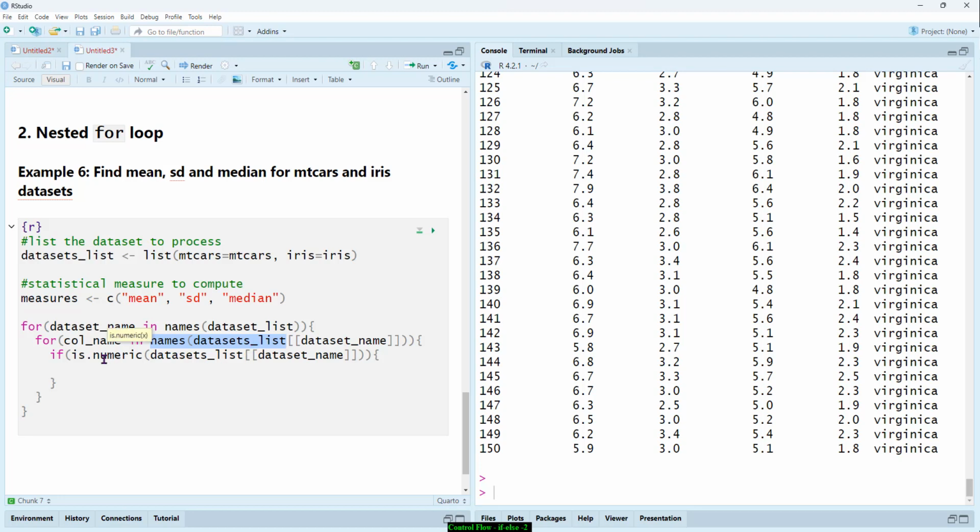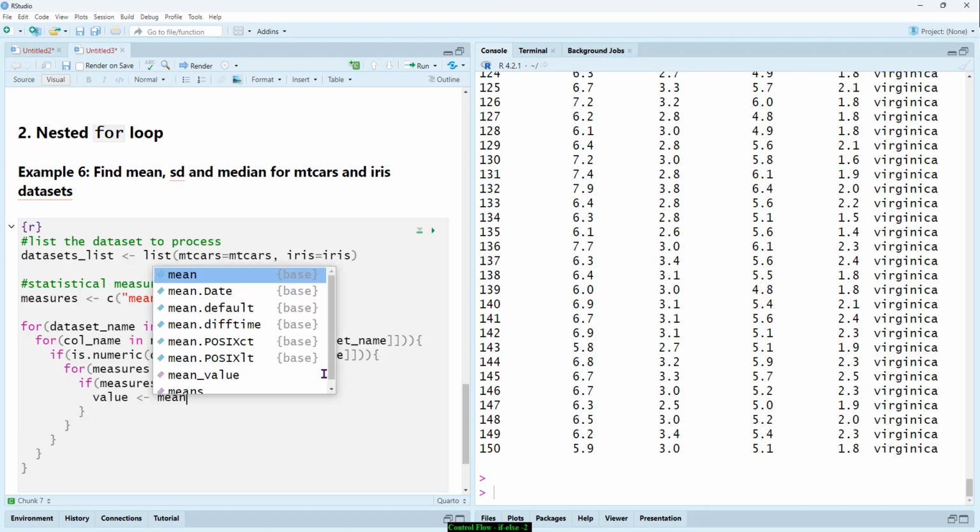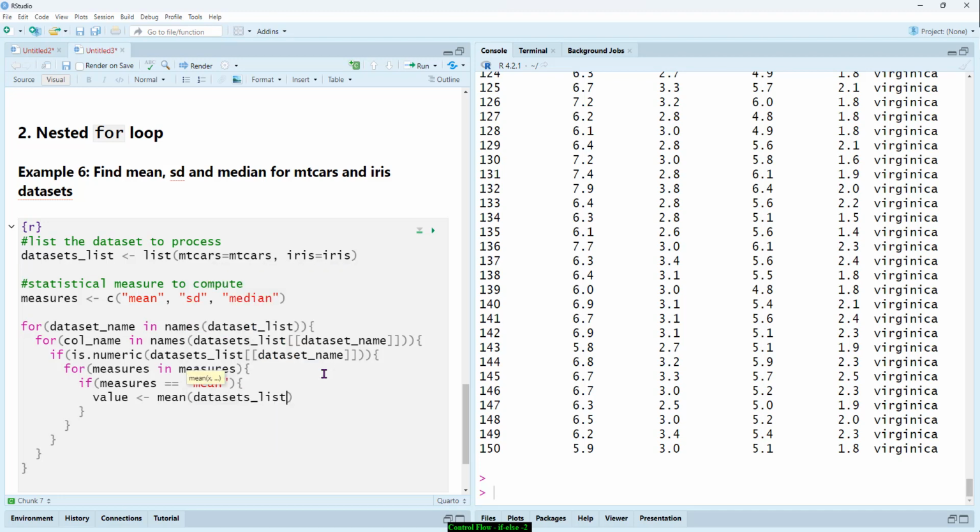And then next kita nak check whether the condition is numeric or not. Kalau condition tu numeric, right? And then kita nak dia loopkan for measures in measures, right? So dia nak measure dia. Kita nak measure if measures ni apa? Mean, standard deviation and median, right? Okay, so measures is equal to mean, right? Now I nak buat nested, so value should be mean dataset list, right? Under dataset name,